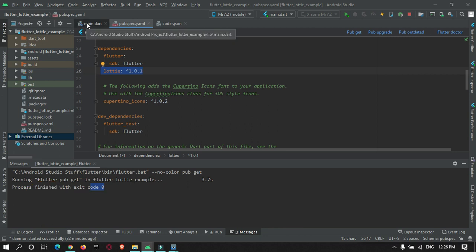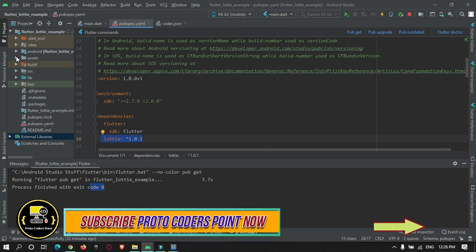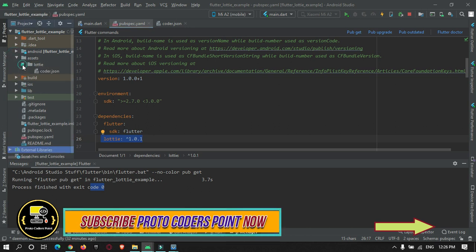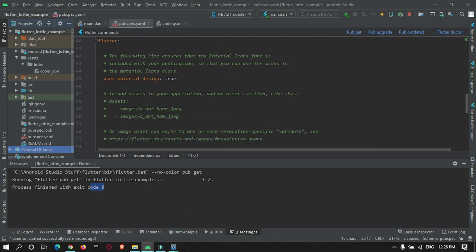One more thing you need to add in your pubspec file is access to use the assets folder. For that, here in the pubspec file, just uncomment this.